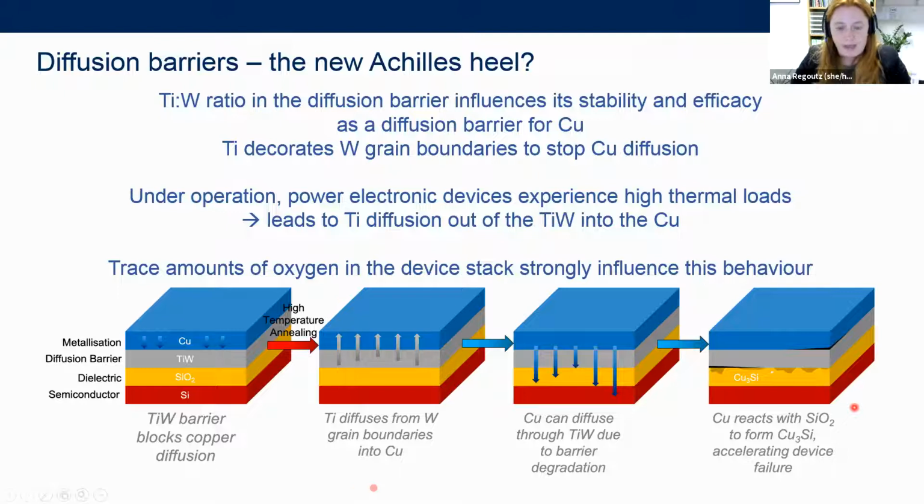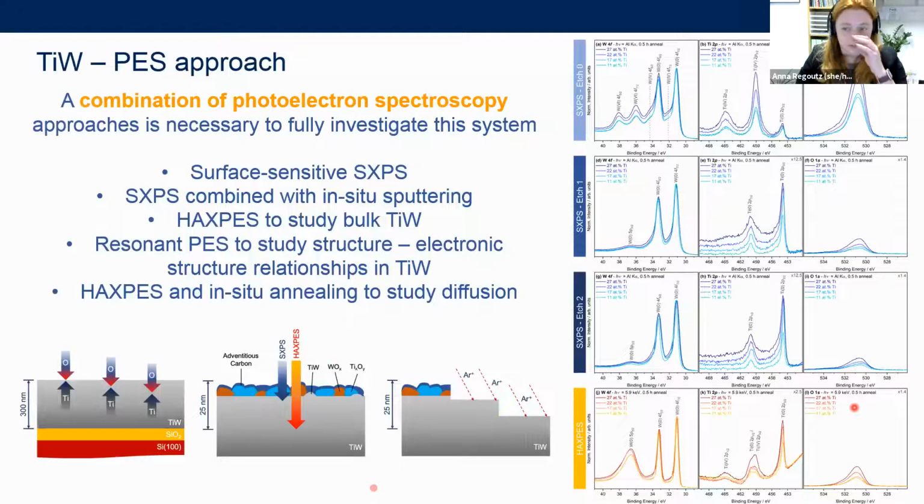And beyond the titanium tungsten ratio that we know influences at what point this breakdown happens or how stable this diffusion barrier is, we also know that oxygen in trace amounts in the device stack can strongly influence this behavior. And this is where photoemission comes in. So this is quite a complex problem that we're trying to solve here, and I'm only showing you one small aspect of it. But in the whole project,